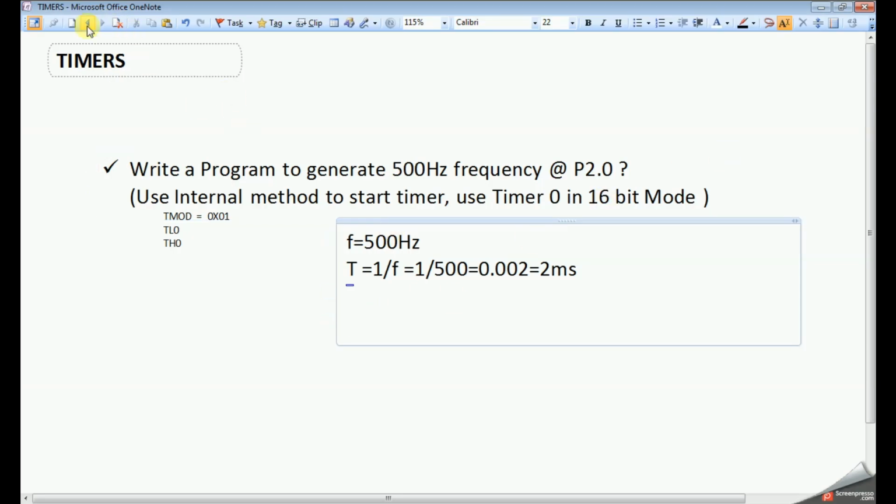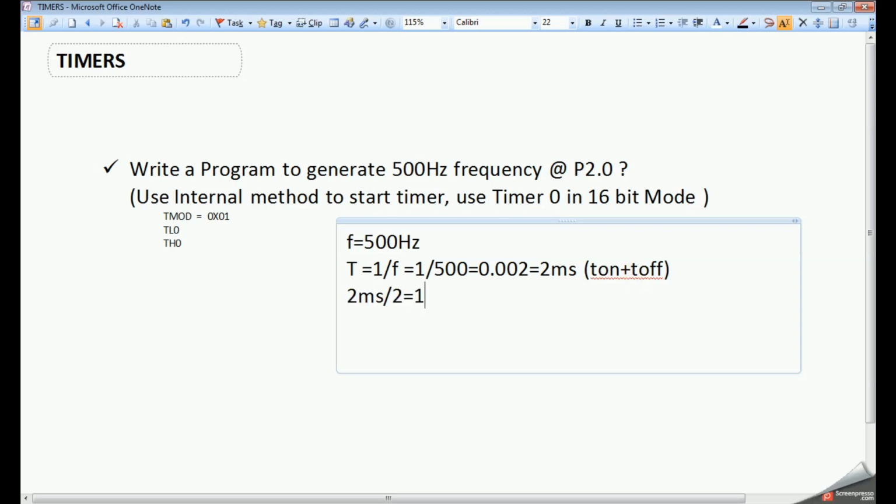So this frequency's period should be divisible by 2 here. That means 2 millisecond is for both T on and T off. So if we consider only T on or T off, the required delay will be 2 millisecond divided by 2.